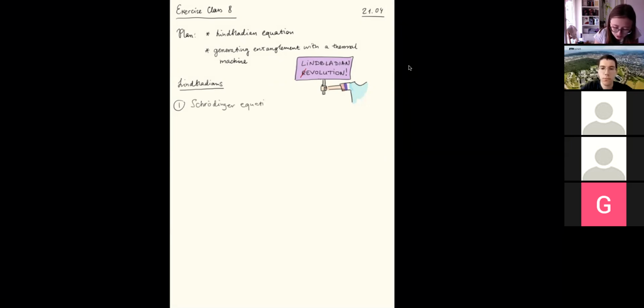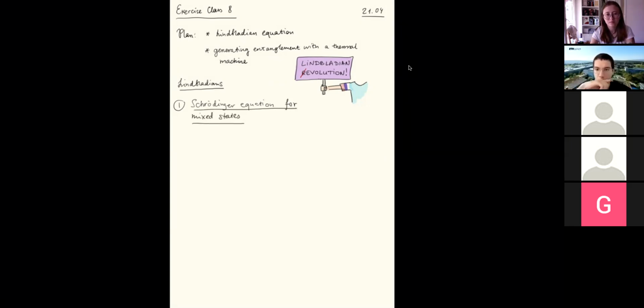So usually we write the Schrödinger equation only for pure states, but we can also generalize it for any state. Okay, so let us assume that the system is undergoing evolution described by a unitary U. Then